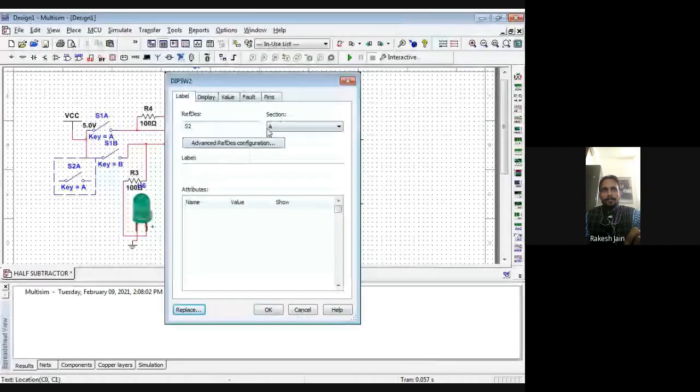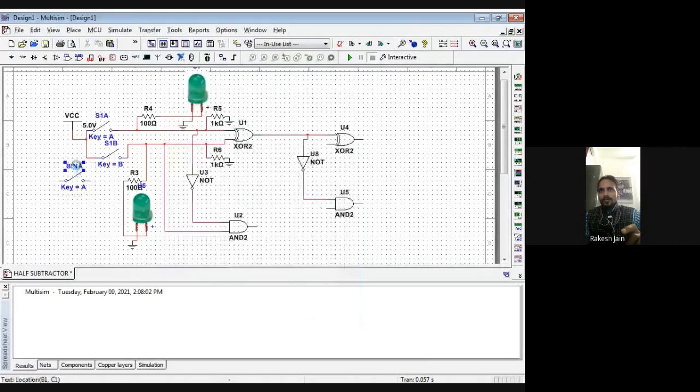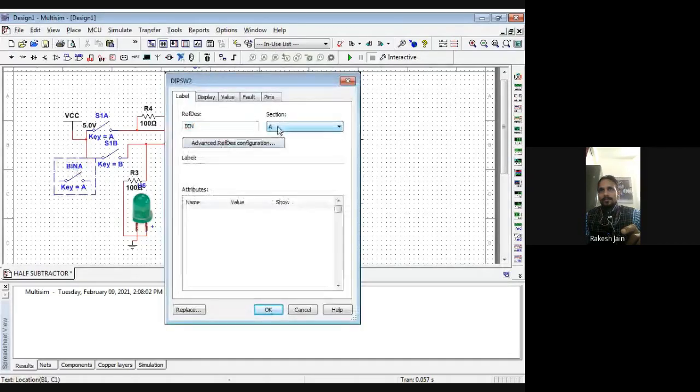For the third input, I have to use a switch first of all. So I go to MISC again, then go to basic, go to switch, and again a 2 input switch will be there.